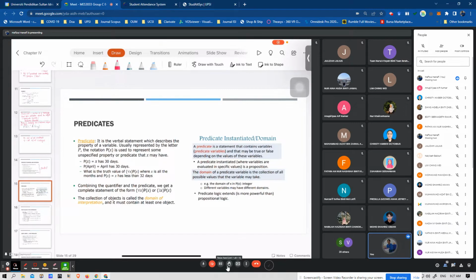A predicate is a verbal statement which describes the property of a variable, usually represented by the letter P, and then we can use the notation P(x) to represent some unspecified property or predicate that x may have. It belongs to the predicate. For example, we have P(x): x has 30 days. When you replace it with a specific domain, for example the month April, April has 30 days, which is the truth value of